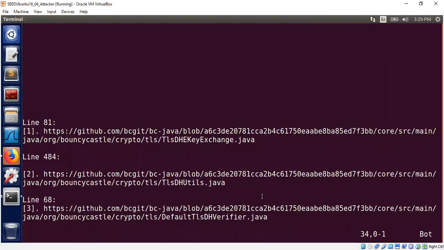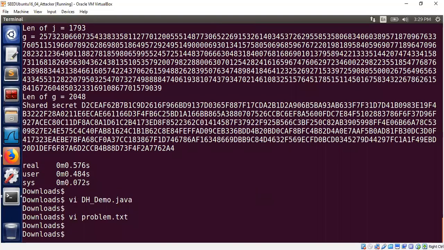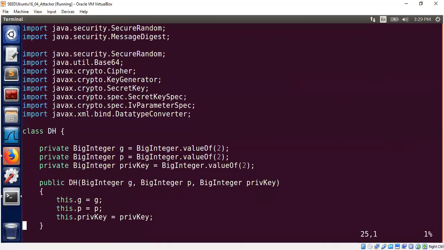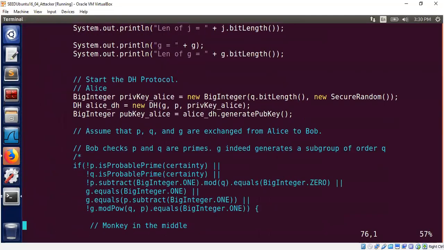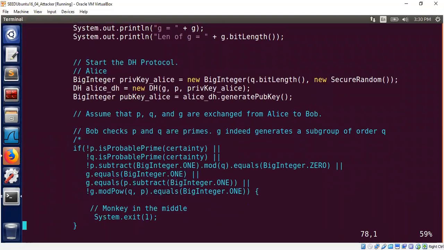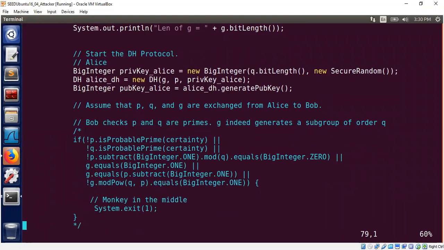Okay, all right. So what I wanted to say is that if we use standard groups, we can avoid some of the expensive checks, whether some number is a prime number or a subgroup is a prime order group, and things like that are already checked. So there's no need for us to do this check at runtime every time a connection is established. That's the reason why both the safe prime and the generalized safe primes were actually slow during the previous demos that I did. Although it's worth to recall that the generalized safe prime is much faster because of the small exponent, right? The exponent that we deal with,